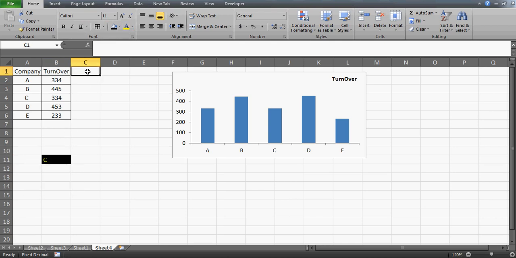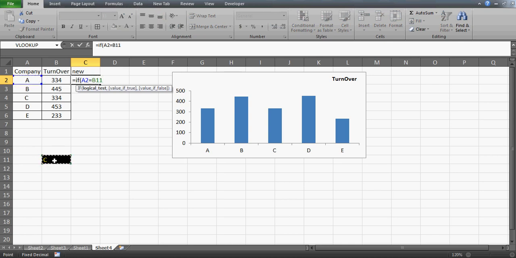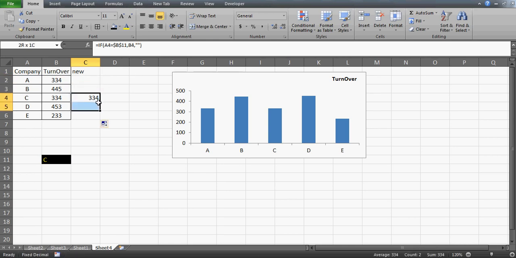Over here we need to add one more header. Let me name this new, and we'll say that if the company, which is in A2, is equal to the company which the user has selected, then we want the turnover to be returned, otherwise it should give us a blank space. That's a simple IF function which I'm using here. Now if I drag this down,